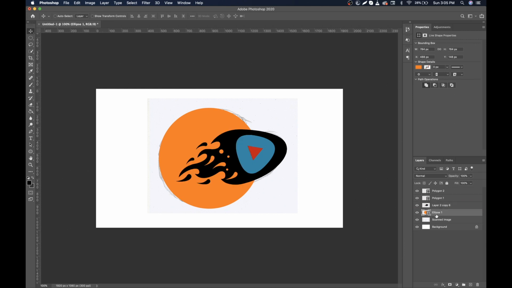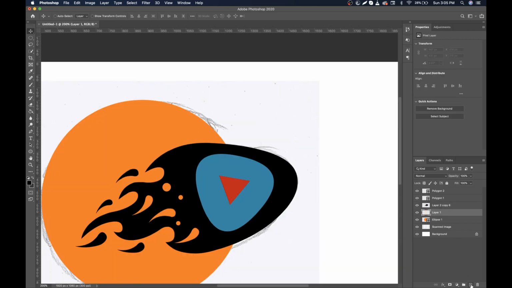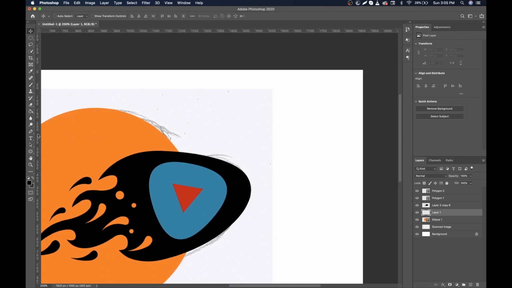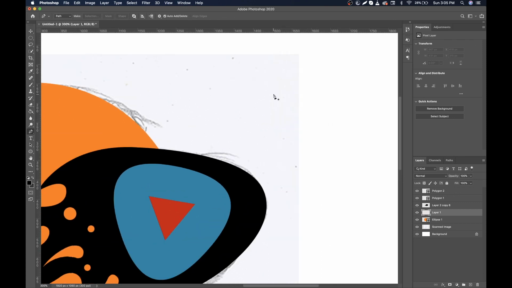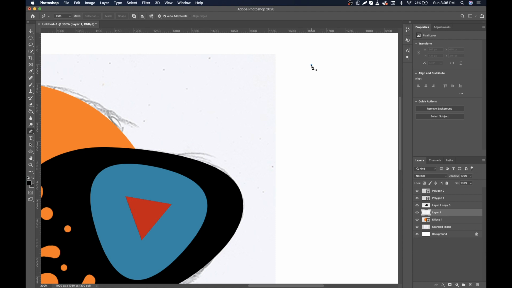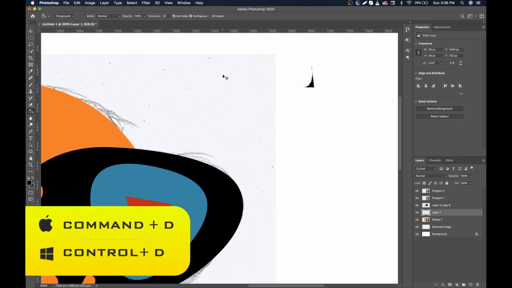Now our last shape is left. To make it, make a new layer, select pen tool and draw roughly shape like this. And join the path. Now click on selection and fill it with any color by paint bucket tool, same like we did earlier. Now again deselect it by pressing Ctrl D.